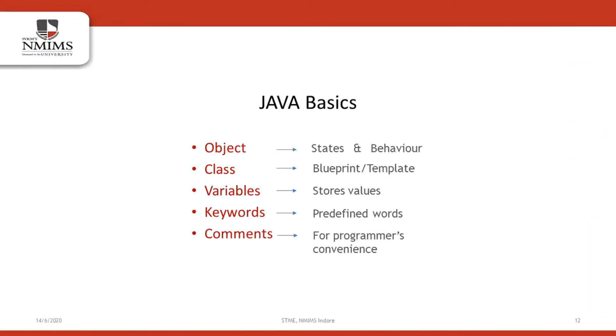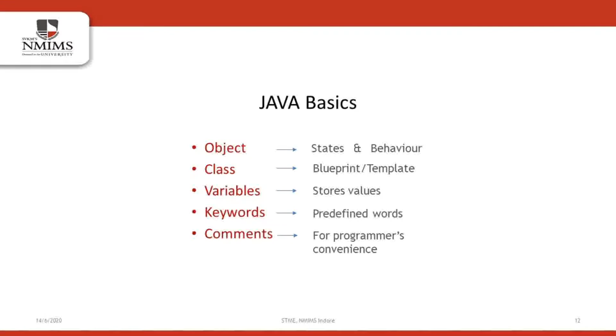Now that we've installed Java on our systems and are all geared up for writing our first program in the command prompt, let us first look at the basics of Java in brief. First is object. If we consider the real world, we can see a lot of objects around us. Cars, humans, animals, or even the computer or the mobile phone you're using right now is an object. Every object has something known as a state and behavior. The state of any object is the properties it possesses, and the behavior of any object is the function that it can perform. Let us consider an example of a human being.